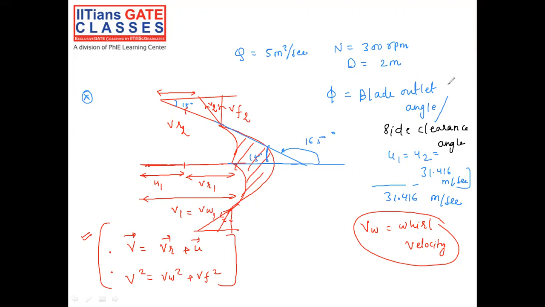Now, phi is given as 15 degree. Okay. Each and every data is given. U already we calculated. V1 is given as 40 meter per second. We need to calculate the power of the runner. That is, what is the power output? We have the formula: V omega 1 plus or minus V omega 2 into U. This formula is coming from angular momentum, that is the linear momentum concept. Now, plus or minus is totally depending upon the velocity triangle, that is the outlet velocity triangle.